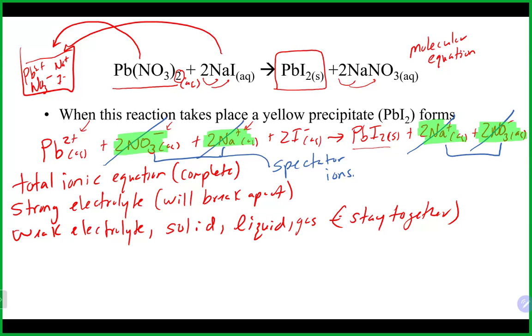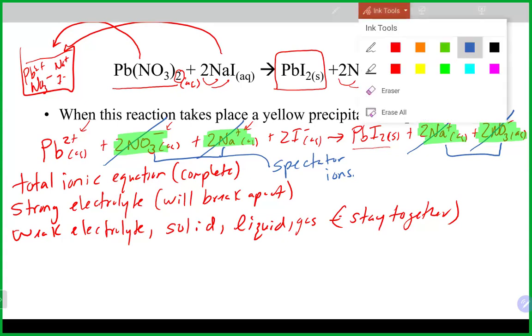If you find yourself, for example, with 2 sodium ions on the left and only 1 on the right, you probably did something wrong. In most cases, you probably didn't balance the equation right, or you don't have the right formula. Those guys should always completely cancel out. And when they completely cancel out, what you are left with is the third type of equation that we write,